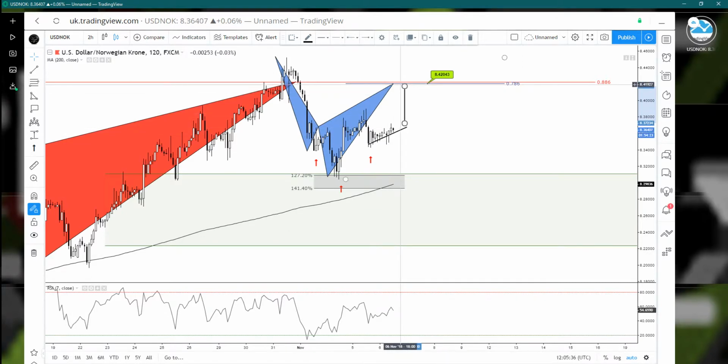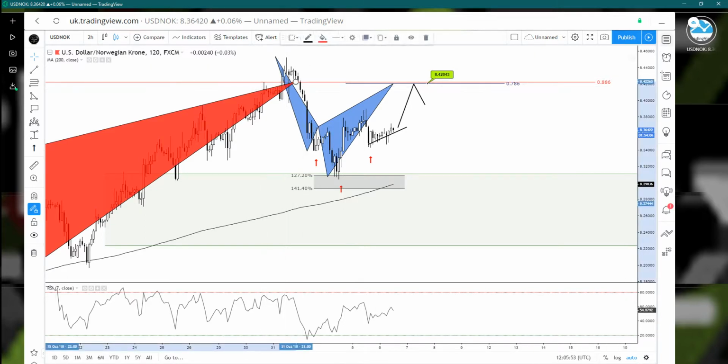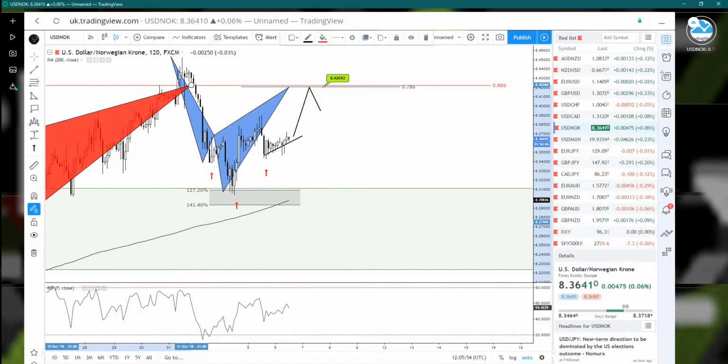If we don't have one, we just wait for the market to develop and print the pattern, and we can try to position ourselves inside this trade once the pattern is printed. Again, wait for the pattern completion point, measure your reward, measure your limits,